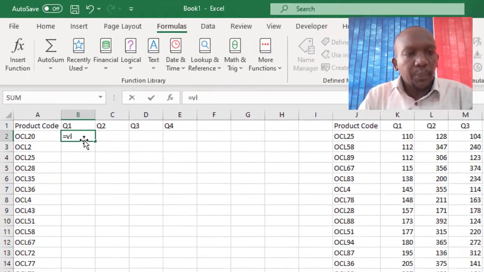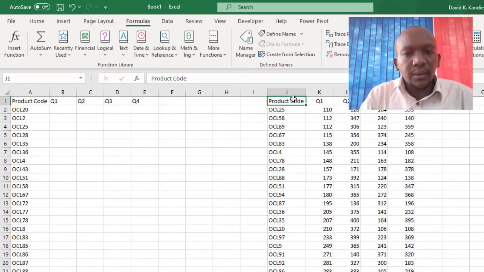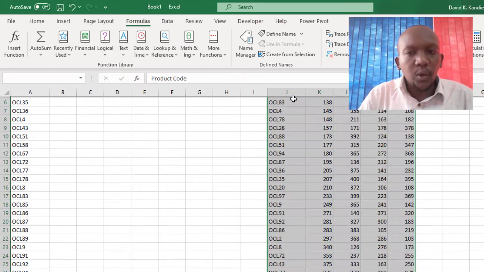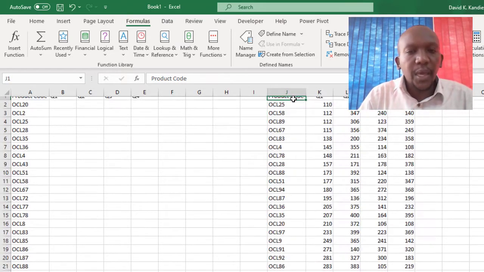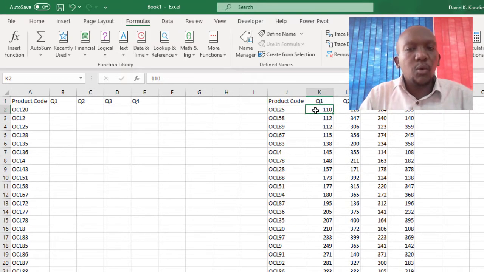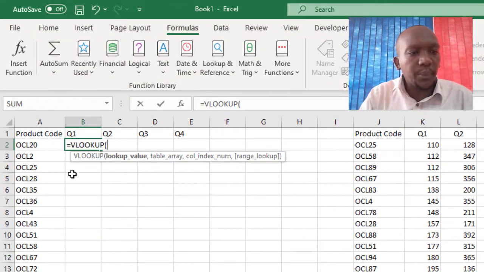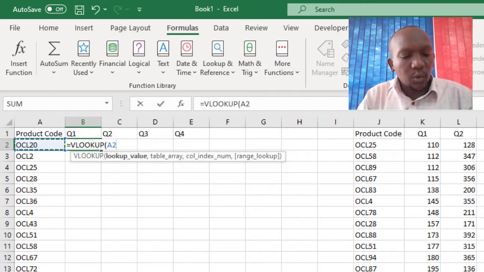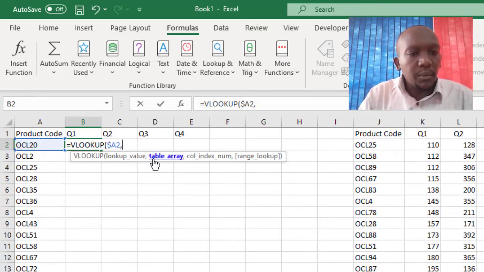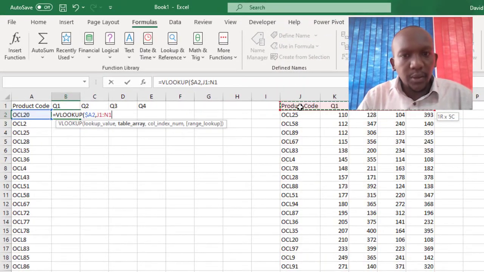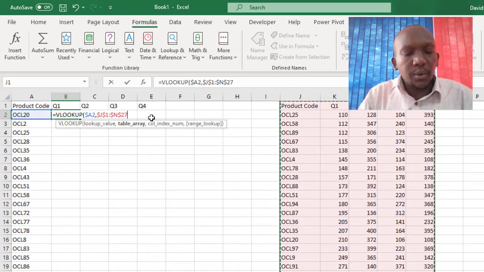We want to look up the product code in the table array J1 to N1 all the way down to N27 and return the values for quarter 1, quarter 2, quarter 3 and quarter 4. So we type the VLOOKUP function: equals VLOOKUP, for this product code, then we lock the column, comma, the table array is bold, so we select the table array here, use F4 to lock that table, then comma,